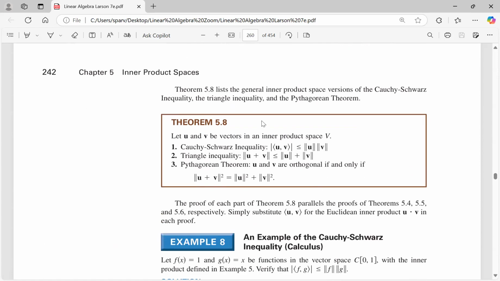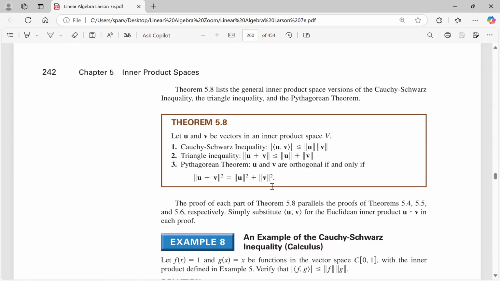And then, of course, we have this theorem 5.8, which brought a couple of inequalities we talked about last week. Number 1 was the Cauchy-Schwarz inequality. And number 2 was the triangle inequality. With Cauchy-Schwarz, the absolute value of the inner product is less than or equal to the product of the magnitudes of the two vectors. The triangle inequality says the magnitude of the sum vector is less than or equal to the sum of the magnitudes of each vector. And finally, the third one is the familiar Pythagorean identity, here we call it a theorem,